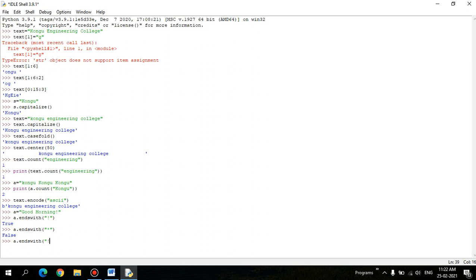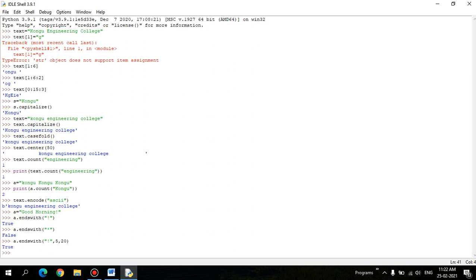Let's take the ends character; the next argument you need to specify. Look, the first one is suffix, and then start and end. Start and end define where you want to start from and where you want to close. Let's say I'm going to start from 5 and go until 20. You are able to define this.